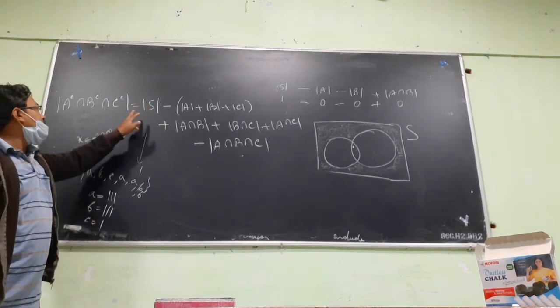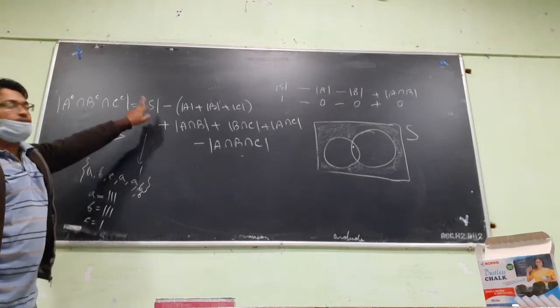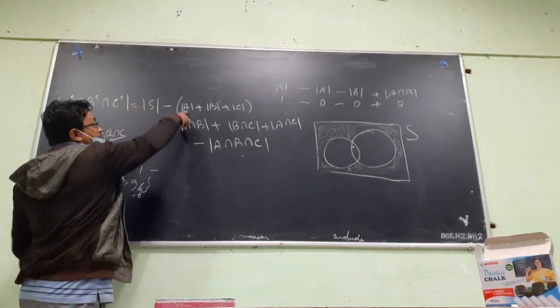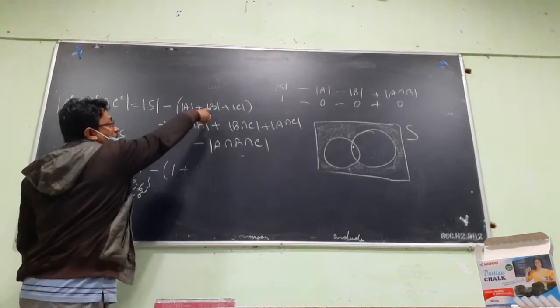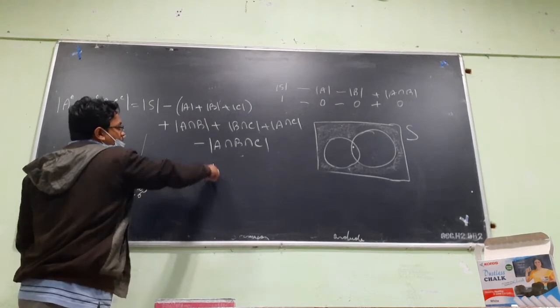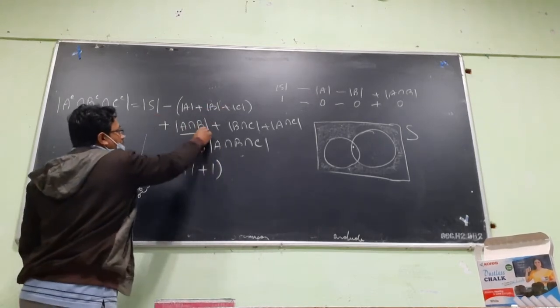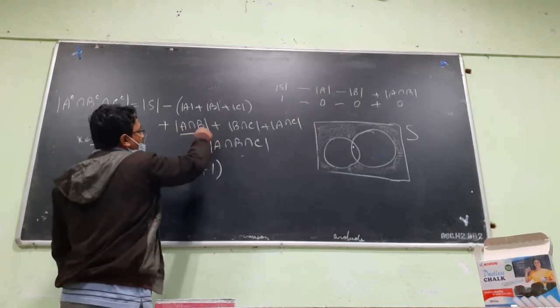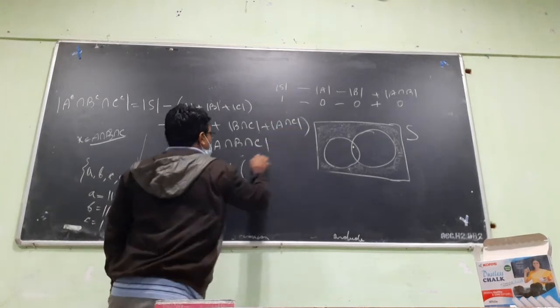x is an element of the universal set. Okay. So it is counted once when we write this. Okay. Next, it is there in A, so it is counted once in A also. It is there in B also, so it is counted there. An element which is there in all the three sets is there in all these sets. So here it is counted 3 times again.